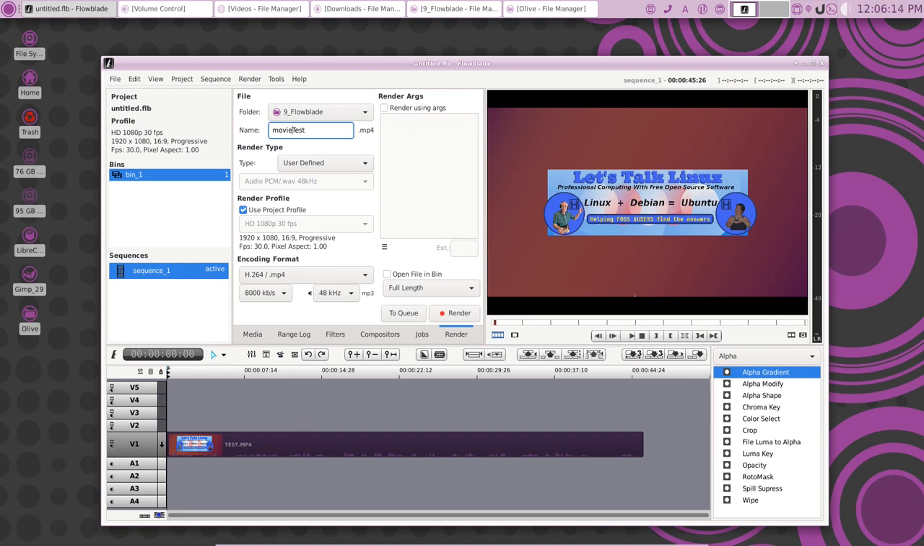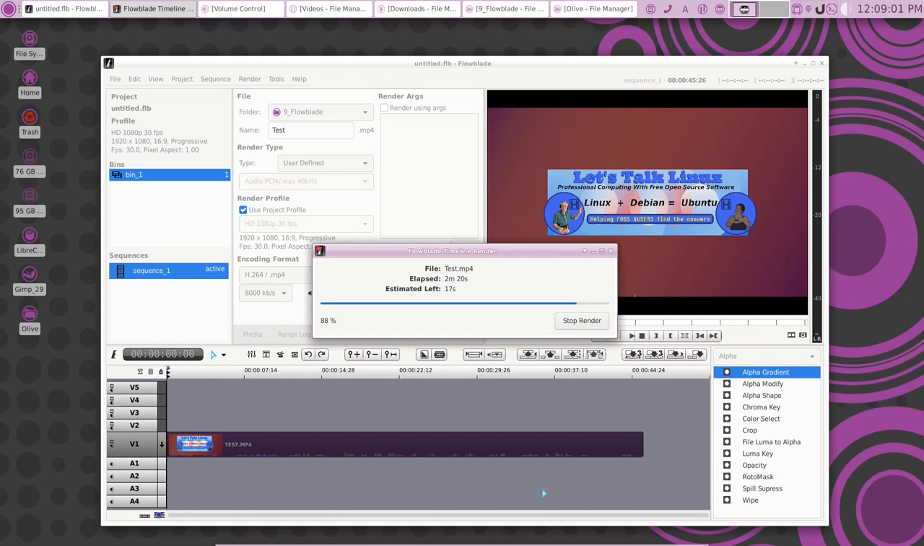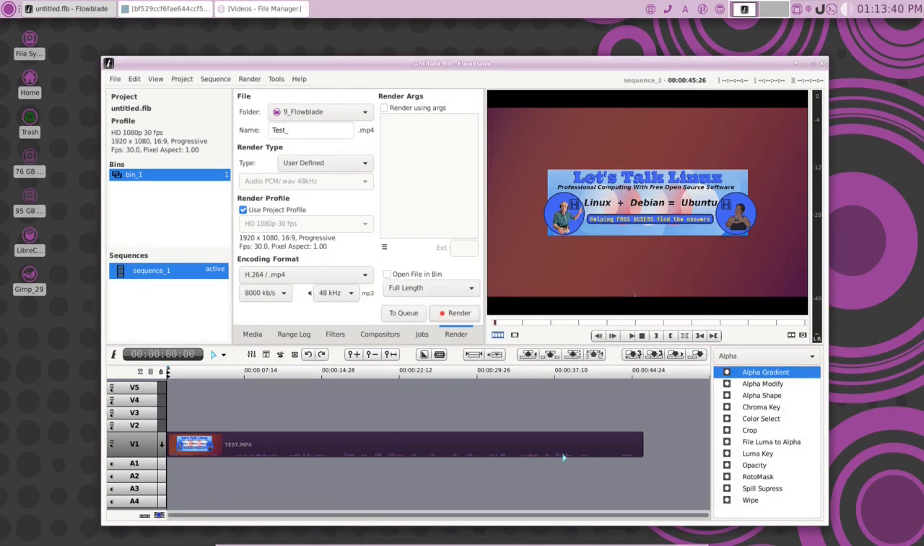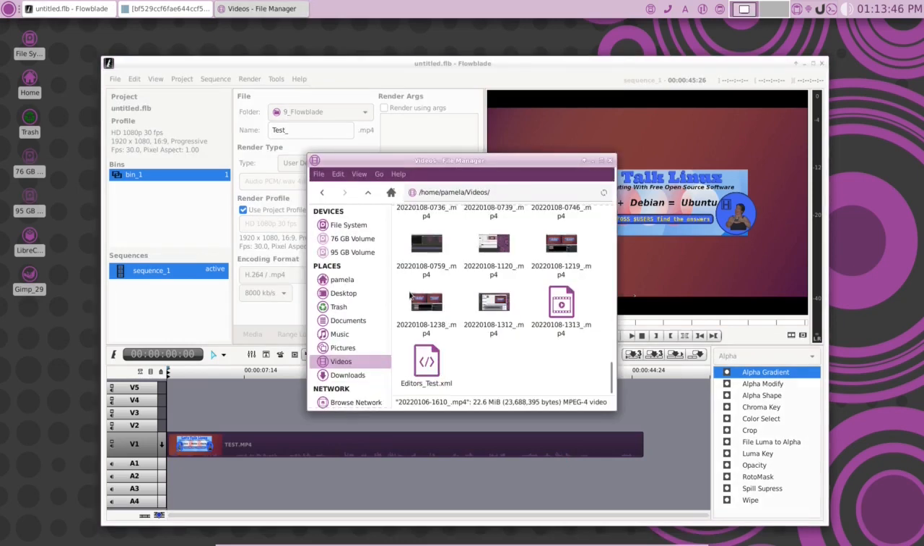Get rid of the default name. Okay, and it is 1080 by 30. Okay, Flowblade is almost done here. It tells you the elapsed time appears to be finished here. Let's go and see what we have in here